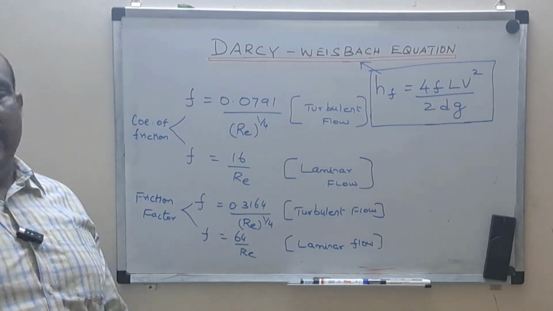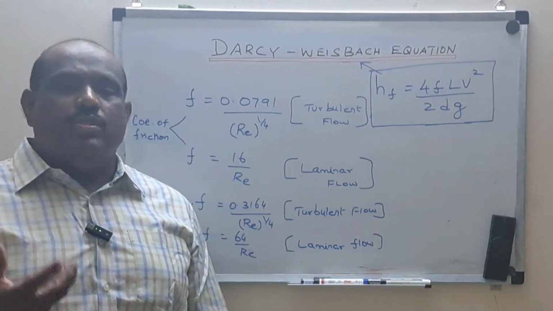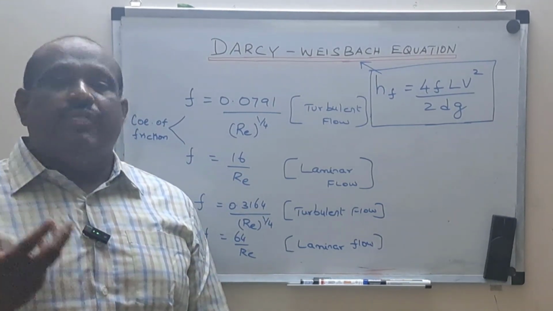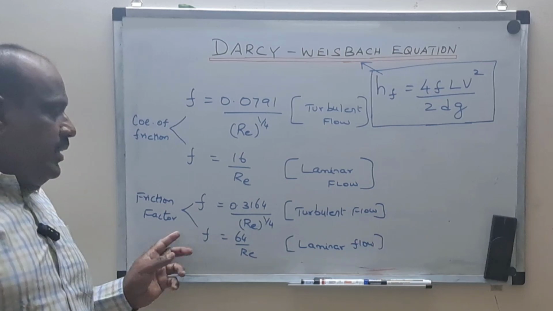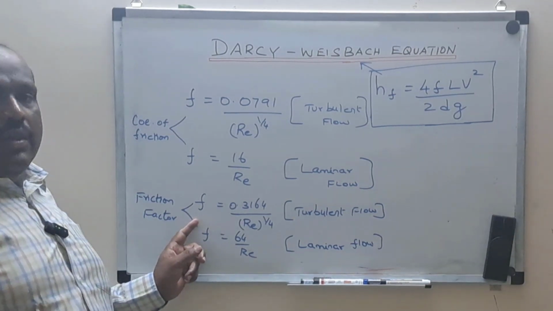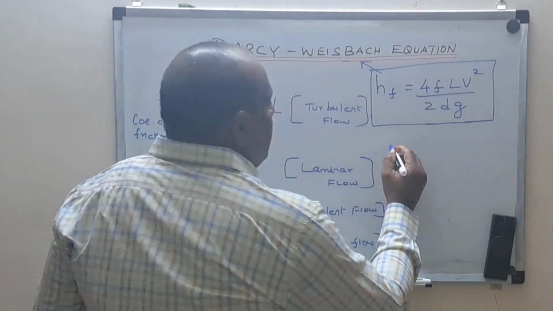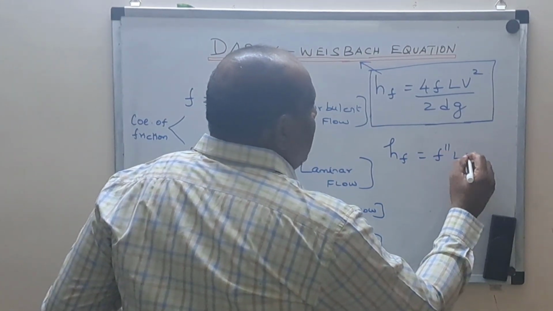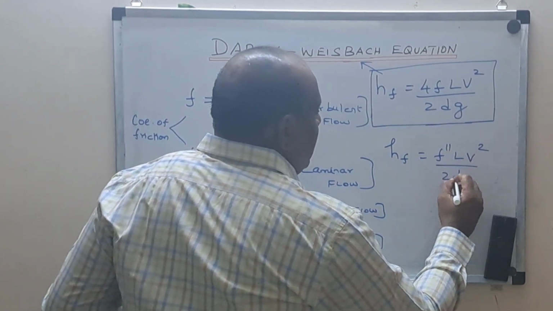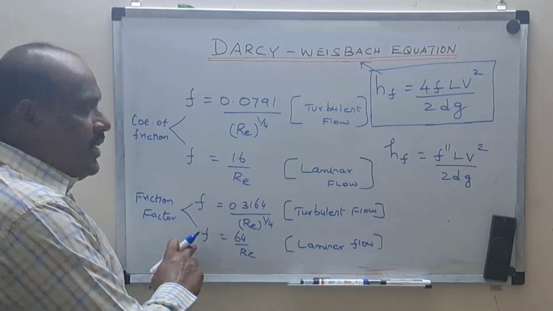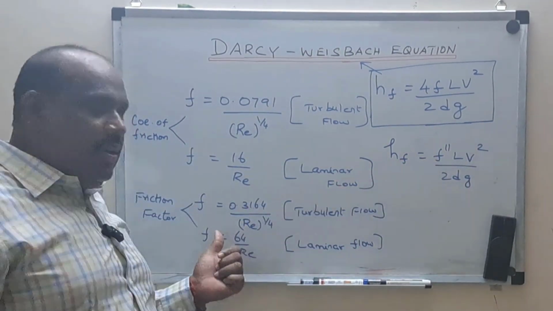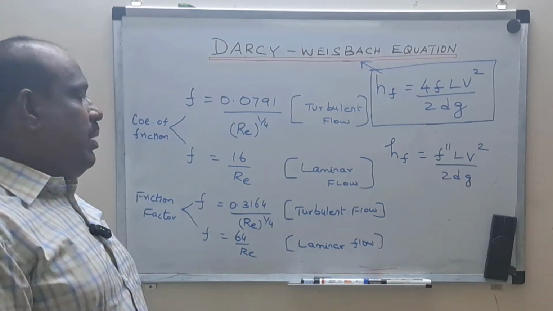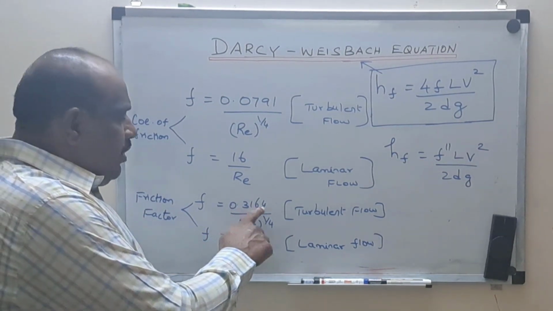No sir, in the problem they have not given the coefficient of friction. They have given the friction factor. Then what is the formula? The same F can be found out. Now the head loss will be equal to F double dash L V squared by 2 dg, isn't it? This F double dash they are calling once again F. So now this formula will be called as